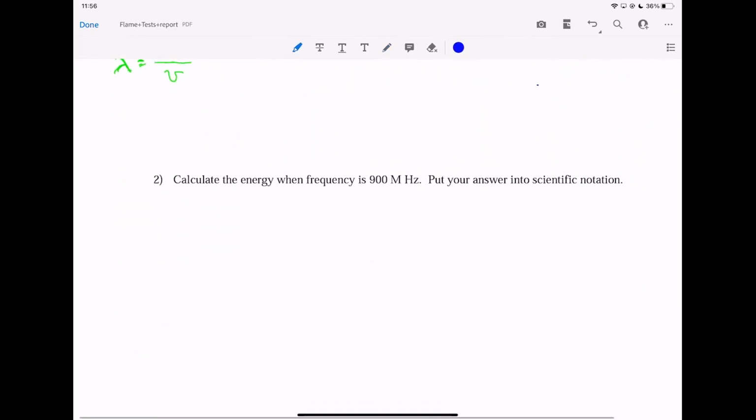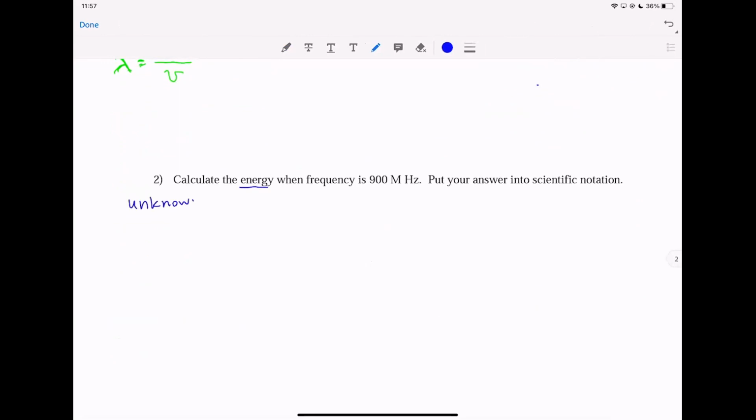So let's take a preview of this next one. The next one is calculate the energy. The first thing that pops out is the unknown again. You want to solve for energy, which is E. So you want to write the variable E, you don't want to write the word energy. You want to write equals E, because the variable E is what you're going to be looking for when you're